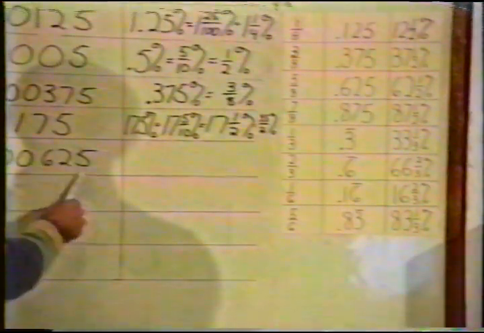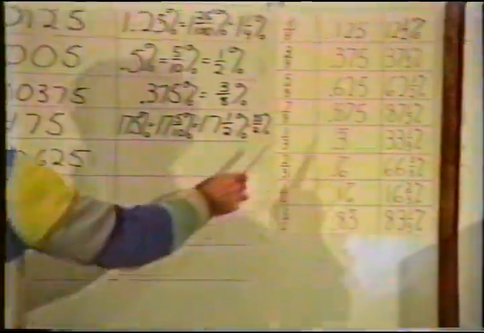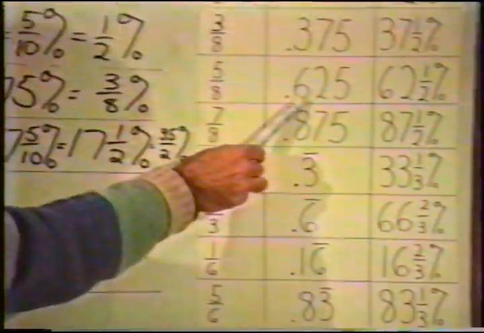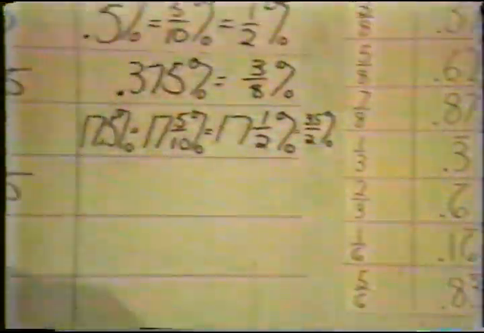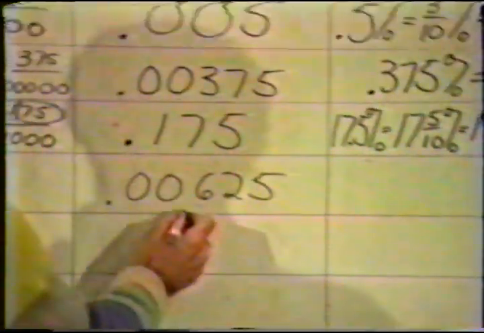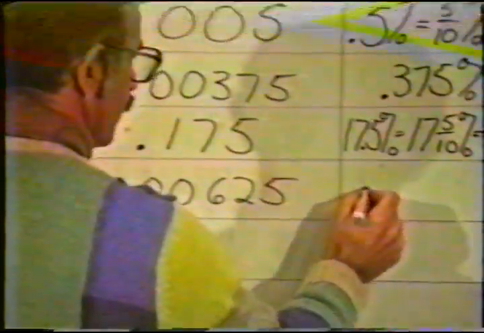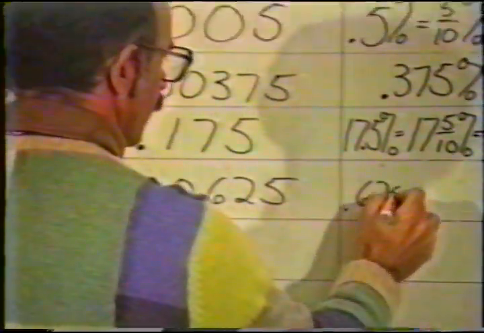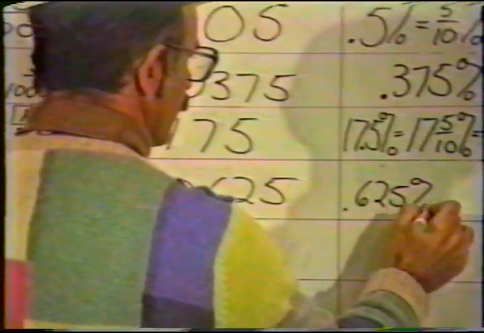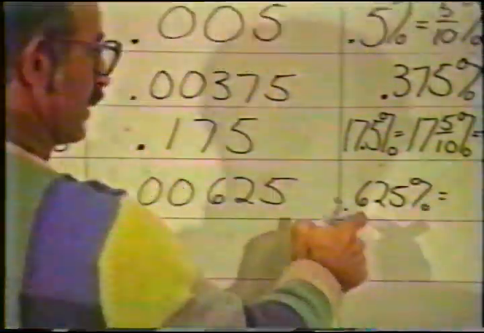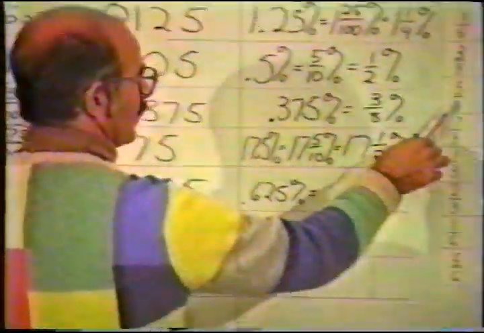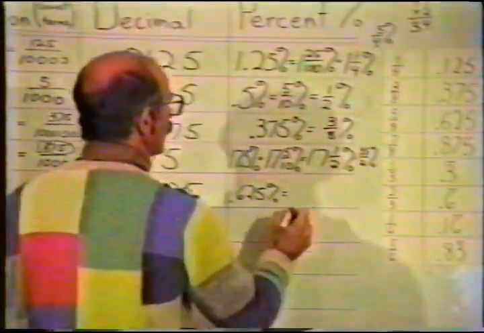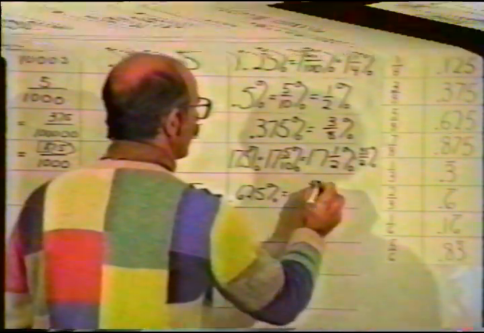We see something that has to do with a memory percent. 625. Well, let's see what happens. We're going to move it over 2 places to the right and get 0.625%. But 625 comes from what fraction? 5/8. So we have